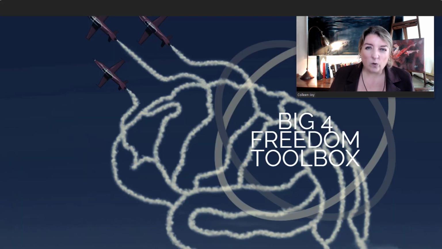If you're wondering how you do this in step 2, I believe that it's absolutely essential to have what we call the Big 4 Freedom Toolbox. To not be a one-dimensional life coach with limited tools, but in fact to be able to dip in and out of life coaching, Enneagram coaching, executive coaching, and business coaching, and to have at least 20 to 50 or more processes. That way, you can spontaneously, intuitively, and creatively coach. You can respond to your client in that moment instead of coaching in a mechanical way.